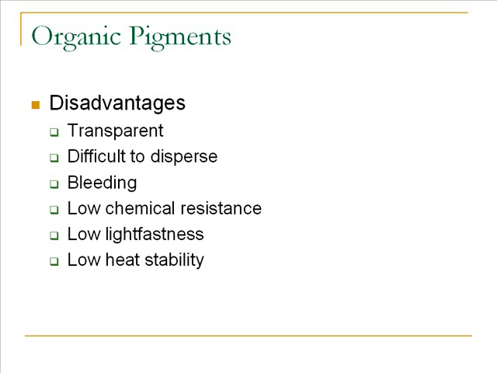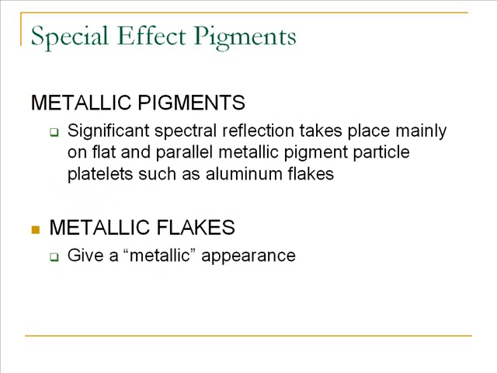Up until now, we were talking about normal pigments. Metallic pigments: significant spectral reflectance takes place mainly on flat and parallel metallic pigment particle platelets such as aluminum flakes. These special effect pigments are platelets generally. They're flat and thin, and their special effect comes from the angle at which the light reflects off of the surface. You get a metallic appearance, but it also greatly depends on which direction you look at the particular metal